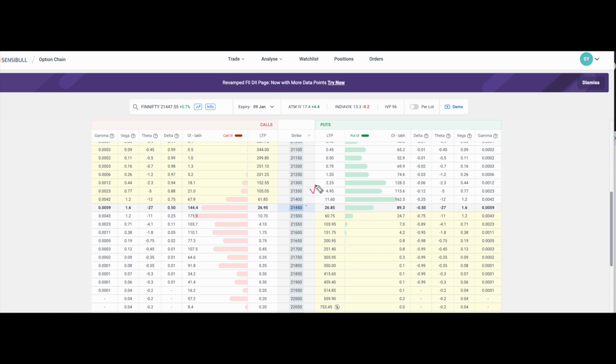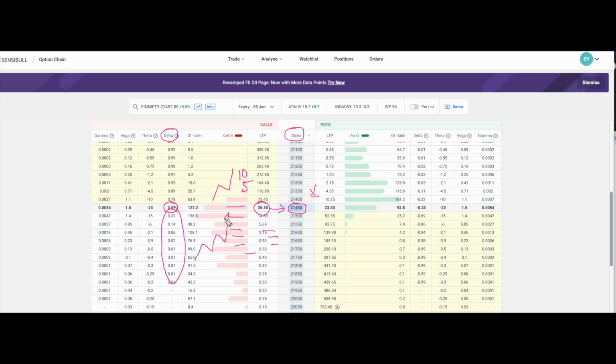Now one more thing that you need to pay attention to when you're choosing a strike price is the delta value. For the current strike price, delta is 0.5. This means if the spot chart moves by 10 points, the premium of the strike price which you have chosen will move by 5 points. At the money and out of the money strike prices will always be trading at a lower delta value. The more out of the money you go, even if the market is going in your direction, the chances of you making profit will significantly reduce as you keep choosing out of the money strike prices.